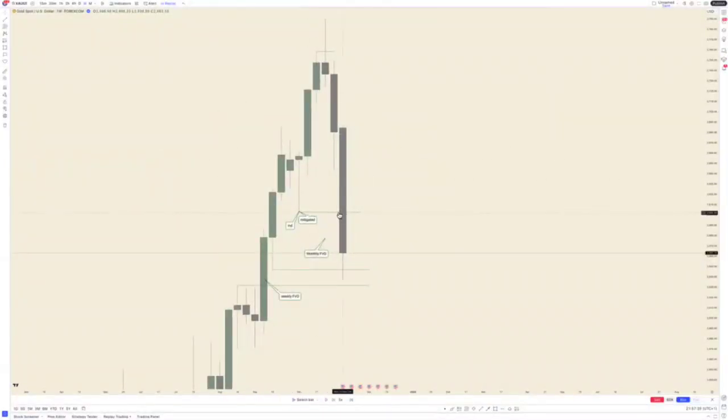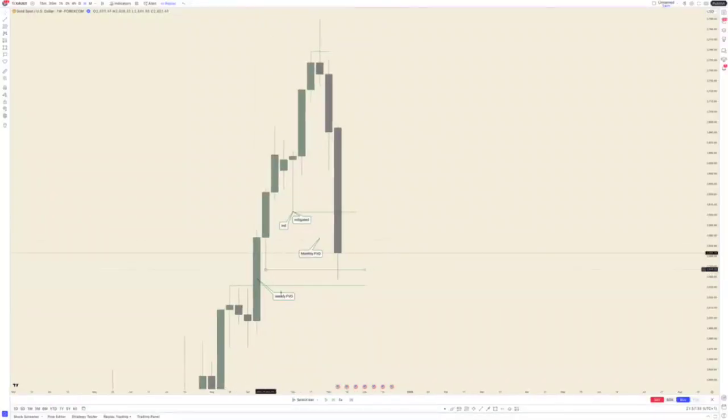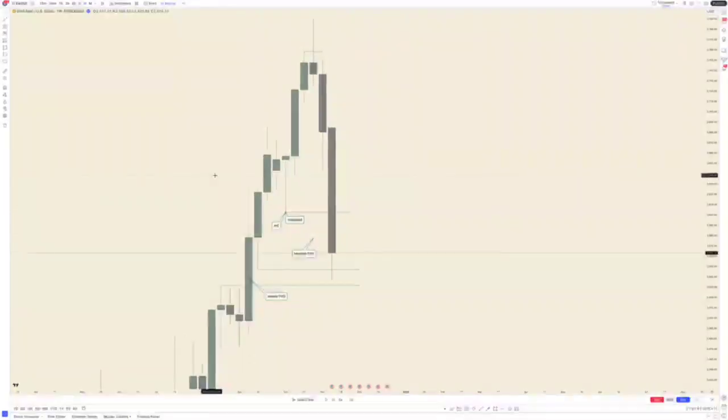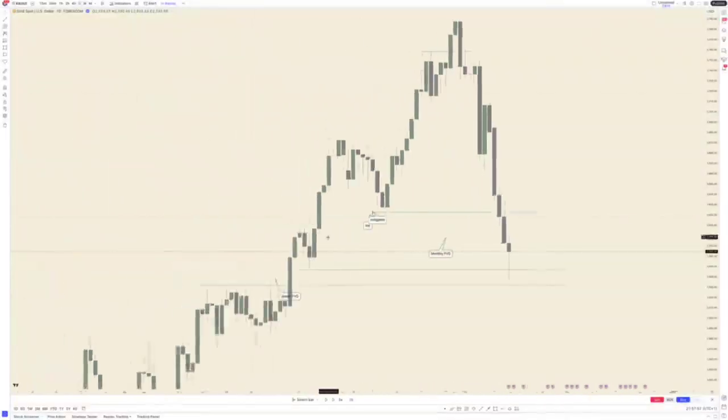So the monthly FVG started here and it ended here, while the weekly FVG started here and ended here. So the weekly became the more refined version of the monthly. Now, usually the only thing I use is weekly, but from time to time, like every new month, you should try and check what the last month had available. So then you continue again with weekly, and then you go further from weekly to stuff like the